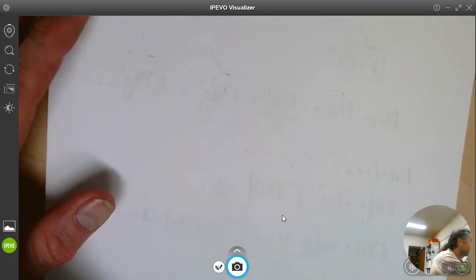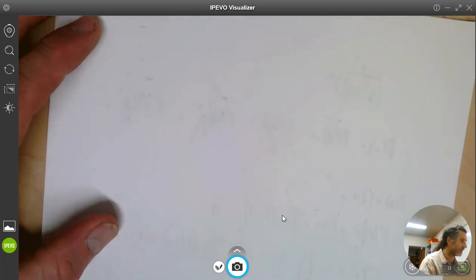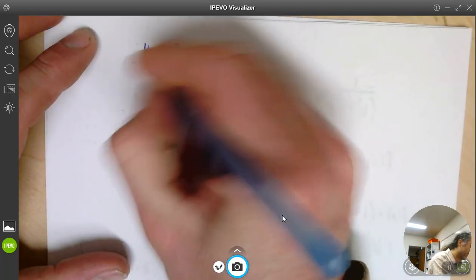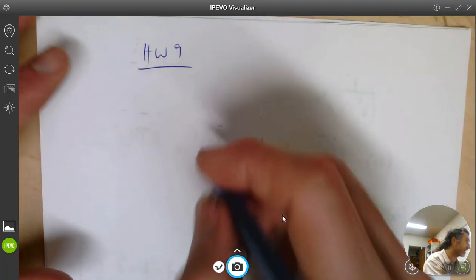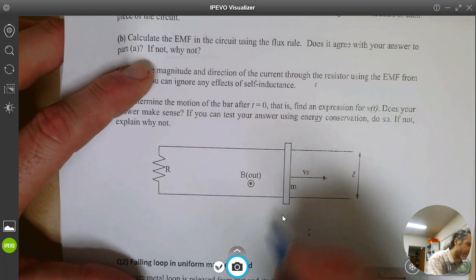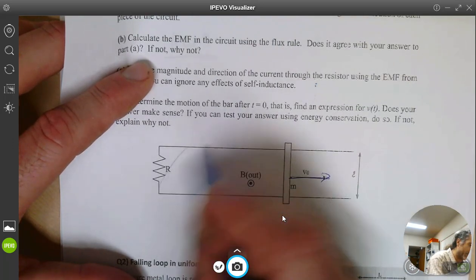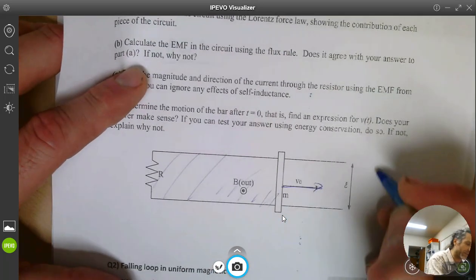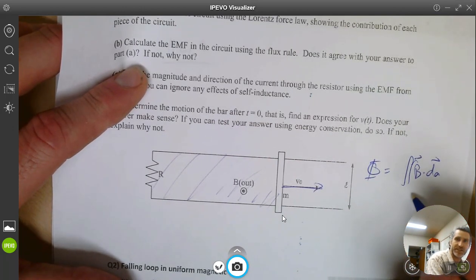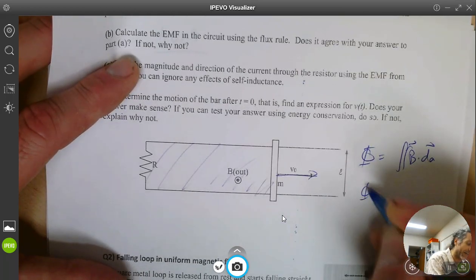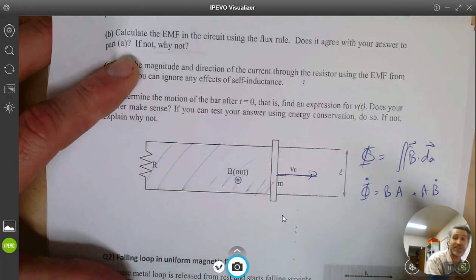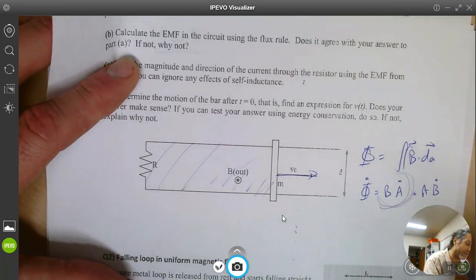I just wanted to open with a few discussion points about homework number 9. Many of you right away got that for this, I'll bring the problem here. You've got this sliding bar moving to one side, and you could see very clearly that the amount of area is changing, and so flux is B dot dA. This can be simplified in this case as just B times A, and if we're trying to get phi dot, then of course we can write this as B A dot plus A times B dot, where A is just the area. And in this case, this is the part that actually matters.